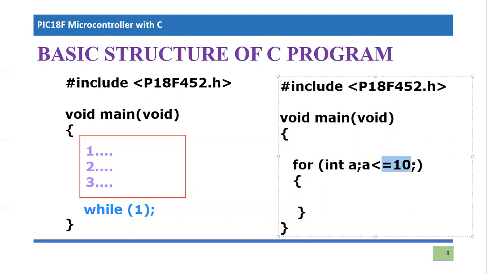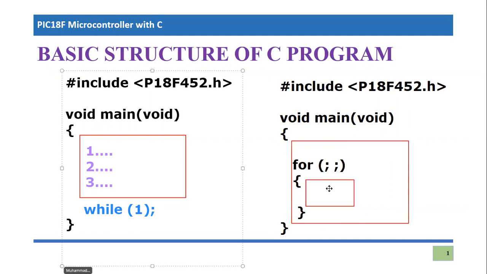If I do not write any of these statements, then the conditional part, remember this is the conditional part, is empty. If I haven't written anything, that means it's a logical true, a Boolean one, which means this condition will always remain true. So this is also a way to define an infinite loop, and whatever code you write in it will work like while(1). These are the basic structures in which you can write C code